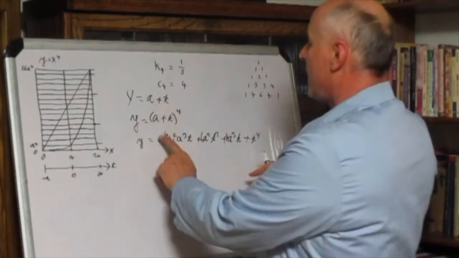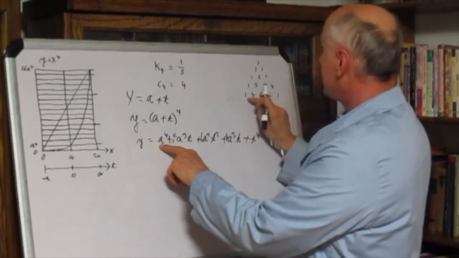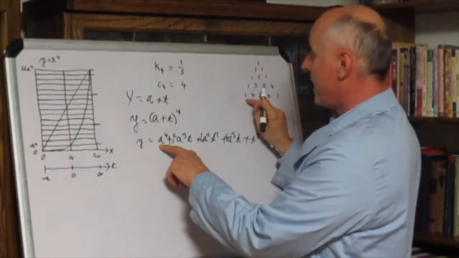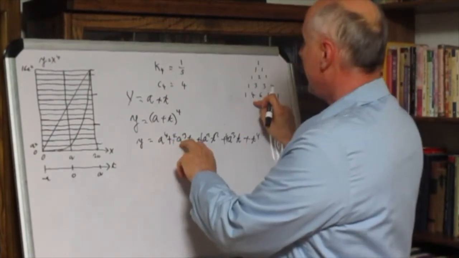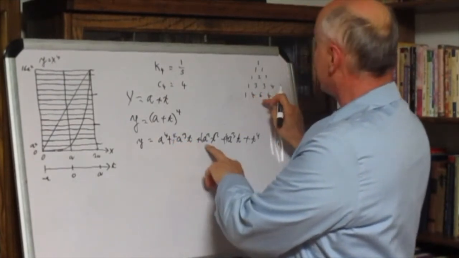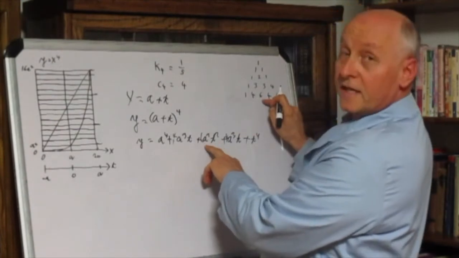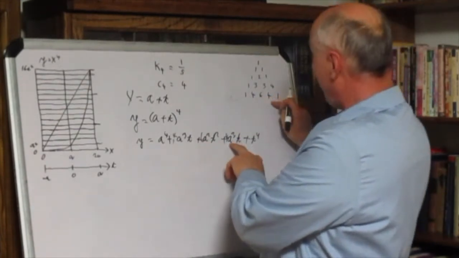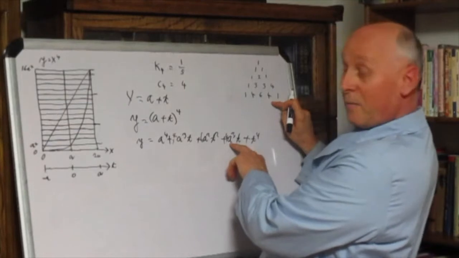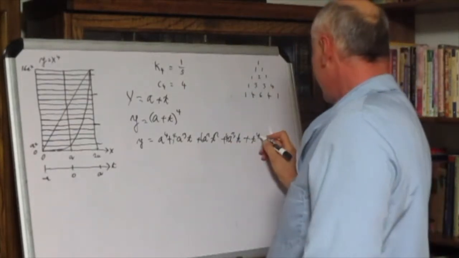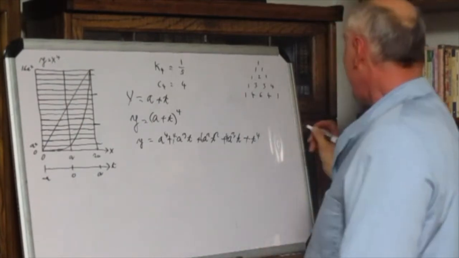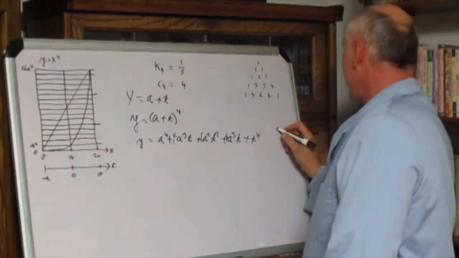So we see that using binomial expansion, you get 1 a to the fourth plus 4 a cubed t plus 6 a squared t squared plus 4 a t cubed plus 1 t to the fourth. So that we have, well, if we plot it,